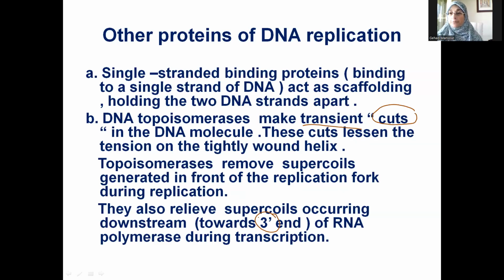So they are not only helpful for DNA replication, but they are also helpful in the process of transcription, as we will see later on, and they mainly work towards the 3' end because the helicase enzyme is moving towards the 3' end. So they are trying to pave the way for the DNA helicase. So the DNA topoisomerases are usually working at the 3' end, trying to uncoil the supercoils and help the helicase